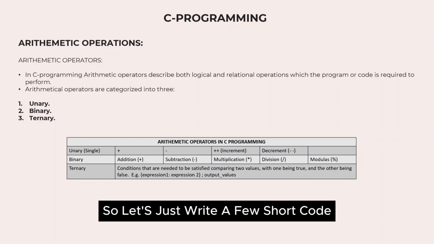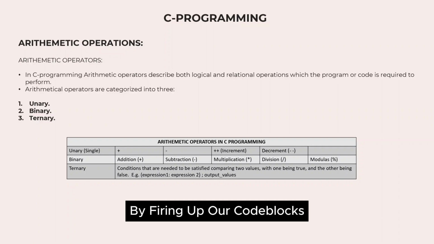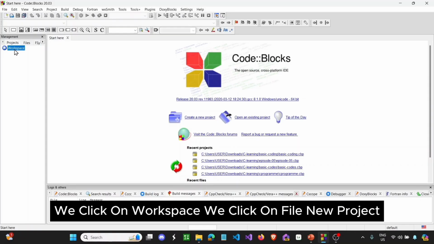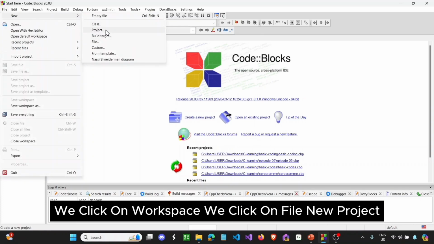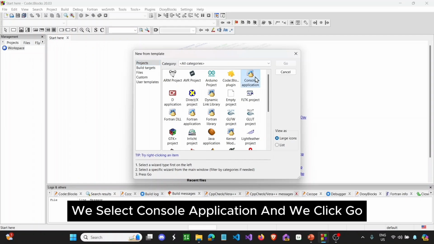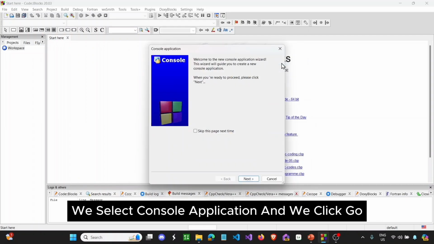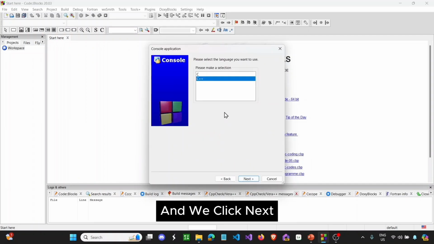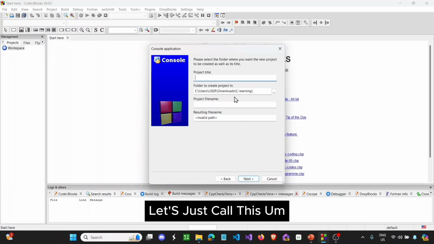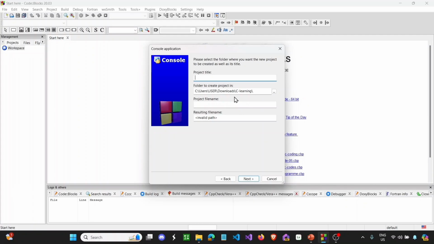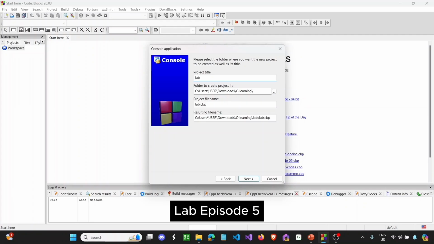So let's just write a few short codes by firing up our Code::Blocks. We click on workspace, we click on file, new project, we select console application, and we click go, and we click next. We are still talking about C, so we click next. Let's just call this lab episode 5, 05,